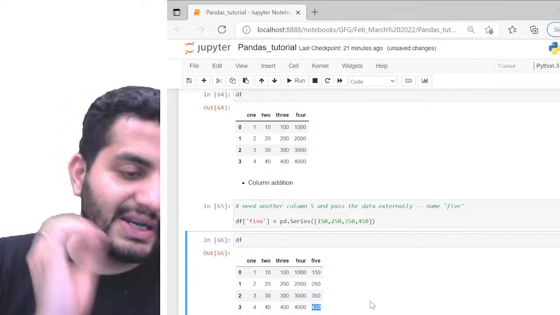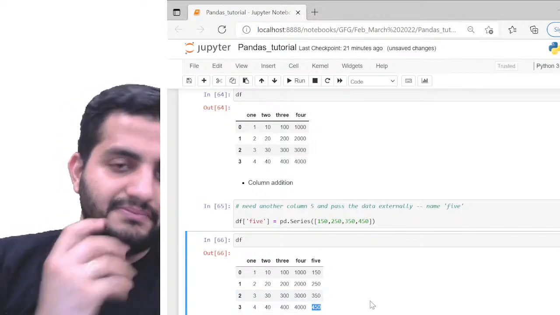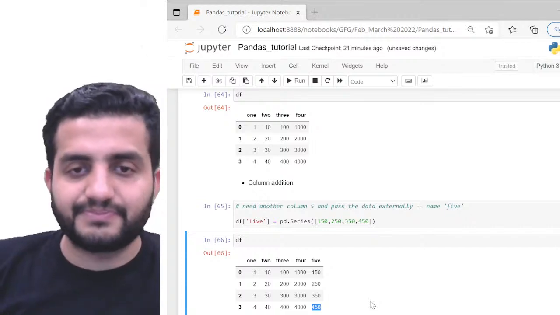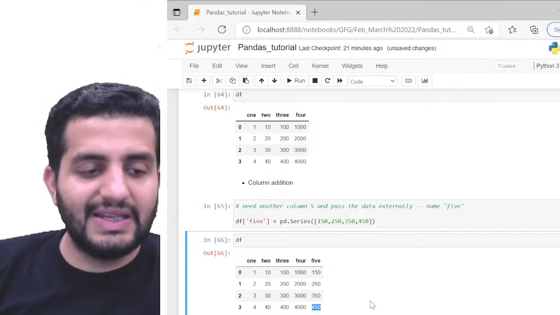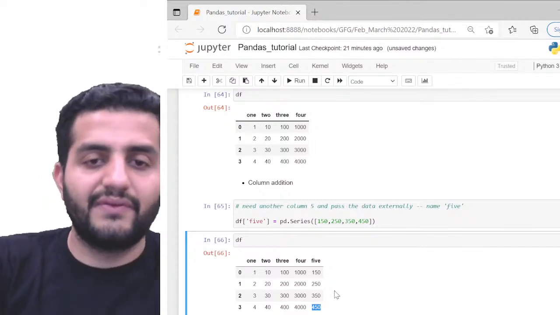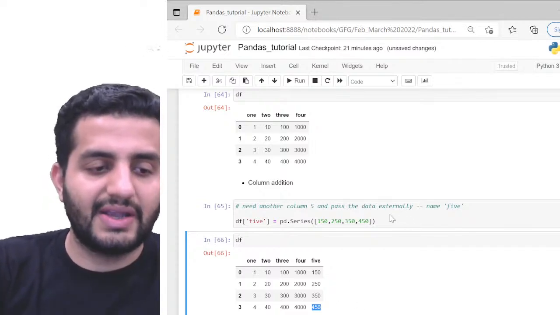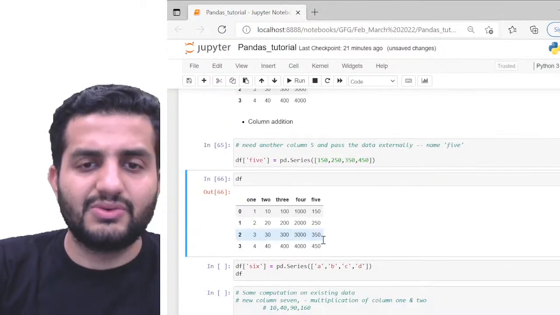So this is the data available in the new column. So new column addition is also very easy in that sense.